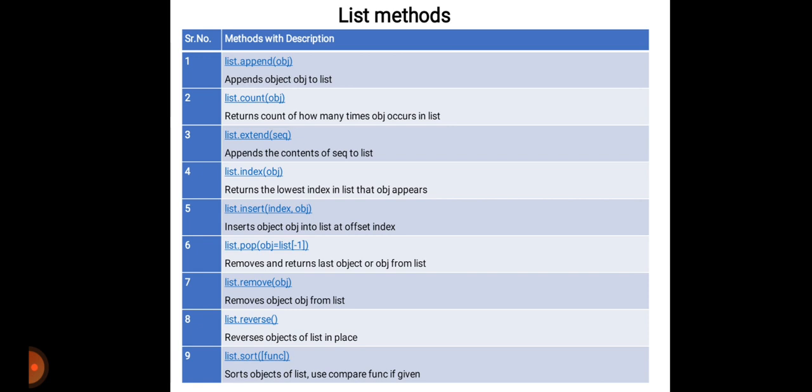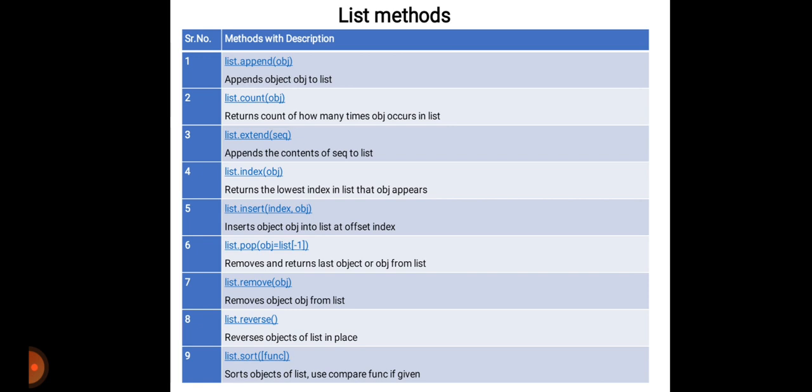Then fourth one is list.index(obj) means what? It returns the lowest index in the list where obj appears. Then fifth one is list.insert(index, obj) means what? It inserts object obj into the list at offset index.